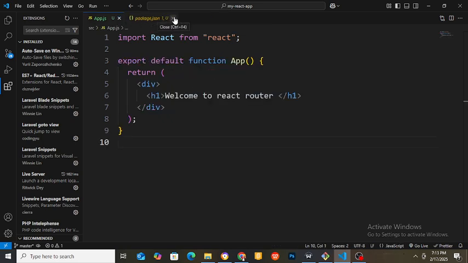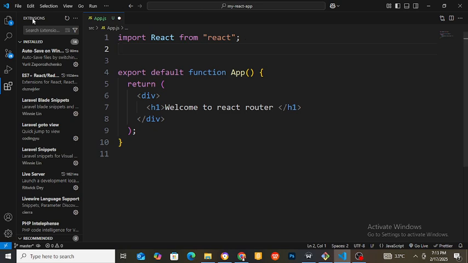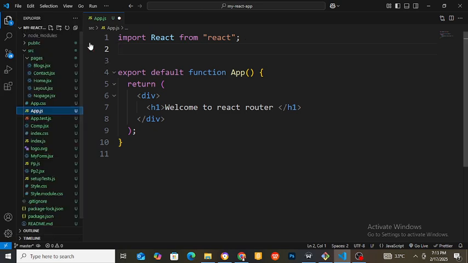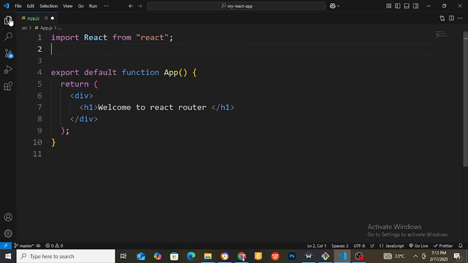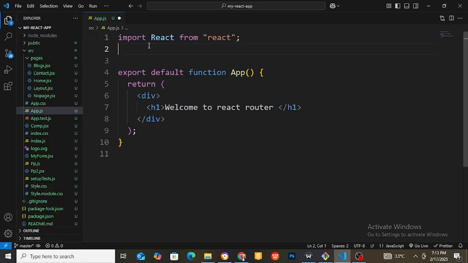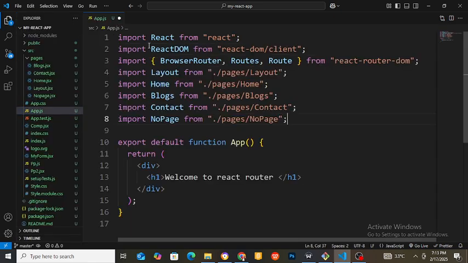Let me take away this package.json too. I'll come to this my app.js. This is the root folder for everything, where the home page we are seeing. So I'll come to this place. Then the next thing I will do is I'll paste those things. This normal one,